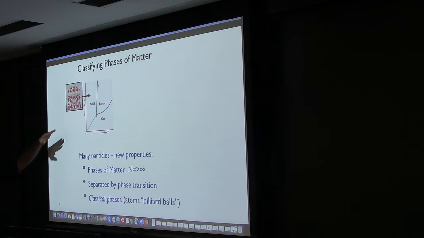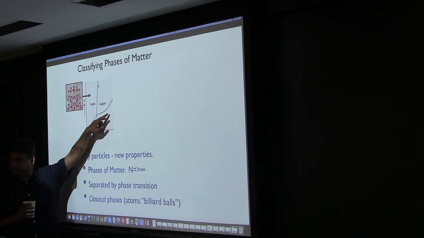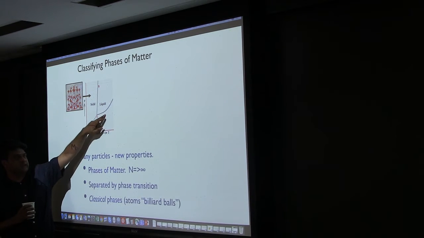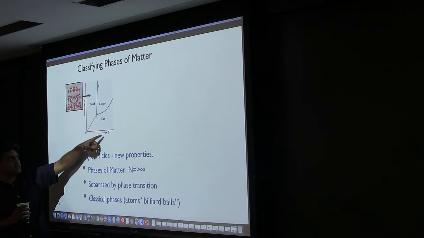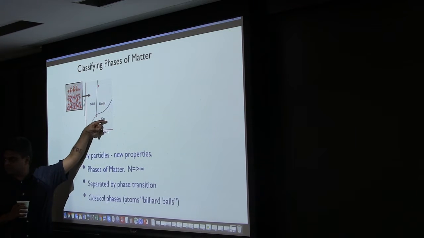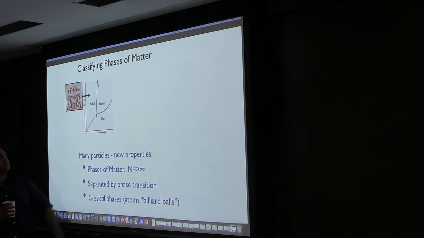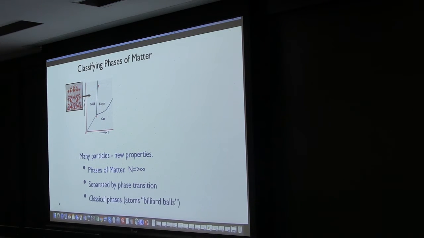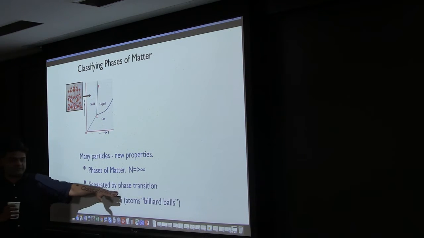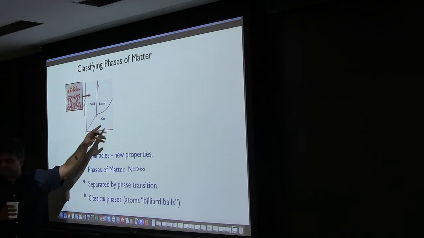We're all told that there are 3 or 4 phases of matter. This is a typical phase diagram that you might see. If you move around within a phase, nothing much happens. Properties change; in the gas phase, maybe the density changes as you change the pressure and temperature, but nothing drastic happens, except when you cross these phase transitions, such as a condensation transition, or sublimation. When you cross these, something drastic happens, and that gives you the boundaries for the phases of matter.